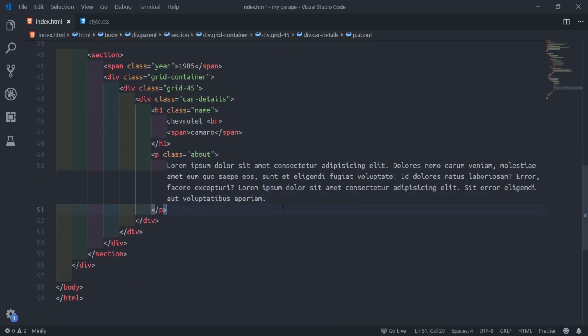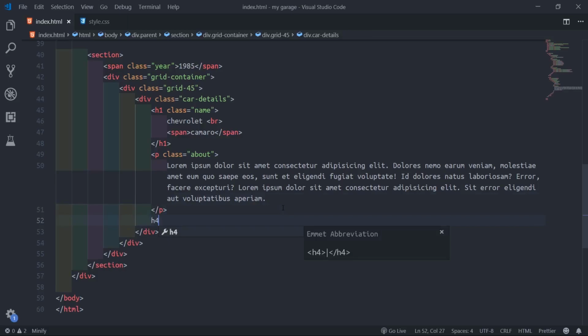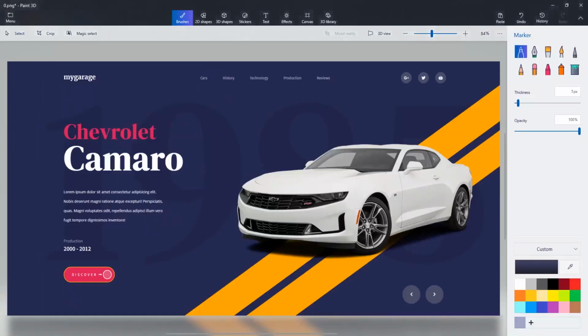Then I'll come here, H4. You see now? H1 for here now, so this H1 now, then at the span, because we'll make them big, which is this white now. We'll make them big. So all of these ones are now the H1. Then this Camaro now, we'll make them big small. Then this one now will be our paragraph about. So we'll put the production here. Then we'll create this button.